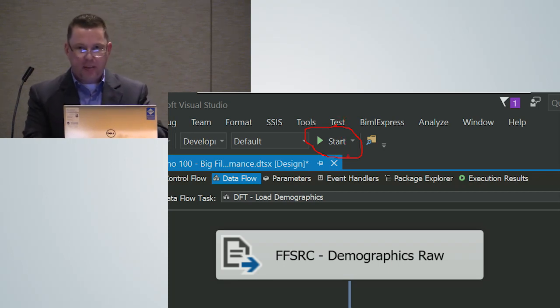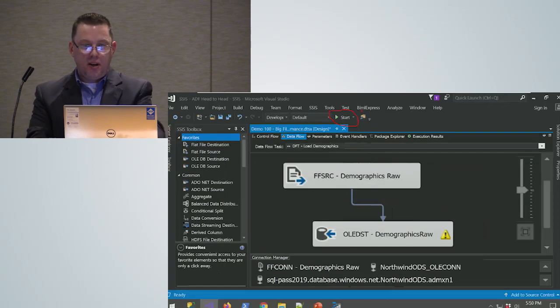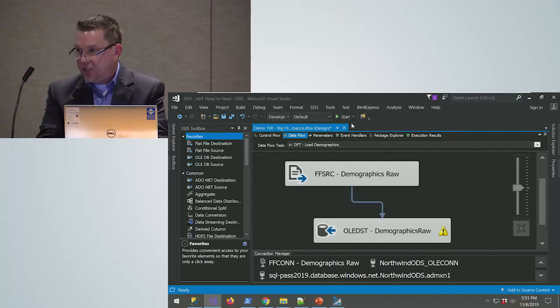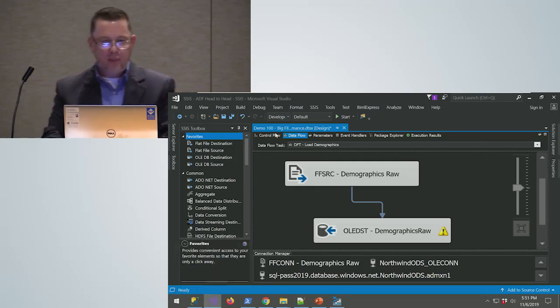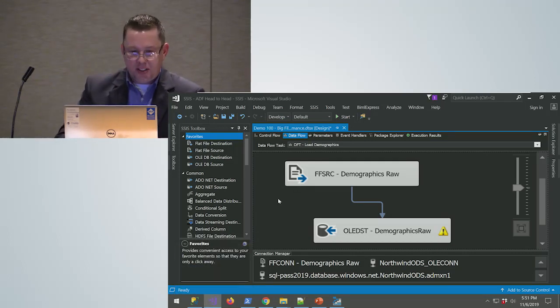If it interacts with a database, loading data, getting data from a source, getting data from a file, it'll have some interaction with that file system or that database, but the actual integration is done on this machine. Once we push that up to the SSIS server, the catalog server, all the work is being done on the server side. But for right now, it's just on my machine. So this is a really simple SSIS package.